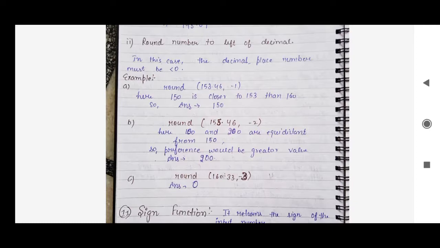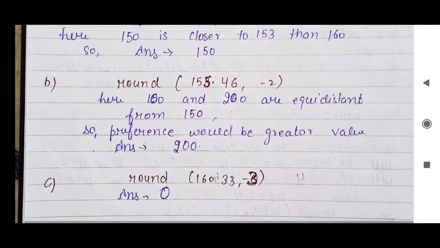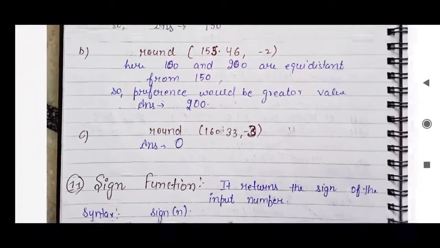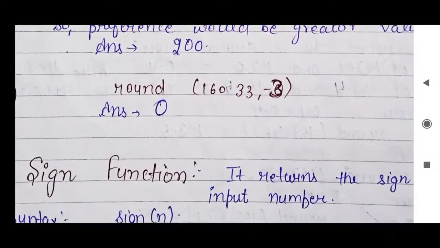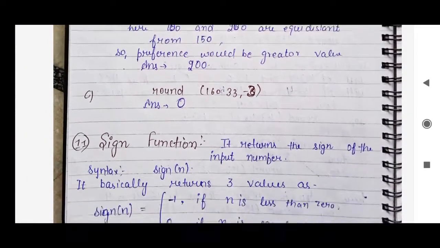Like this. In this we want to round off this number up to minus 2. That is, we want to round to two positions on the left, that is 5 5. So what it will return is 200. It finds that 155 is more closer to 200 than 100, so it returns the rounded value, that is 200. Next, in this we can see we want to round off this number to the left side by three places, but there are three digits, it is a 3-digit number. So it will return 0. Okay, this will return 0. So this is the use of this round function.